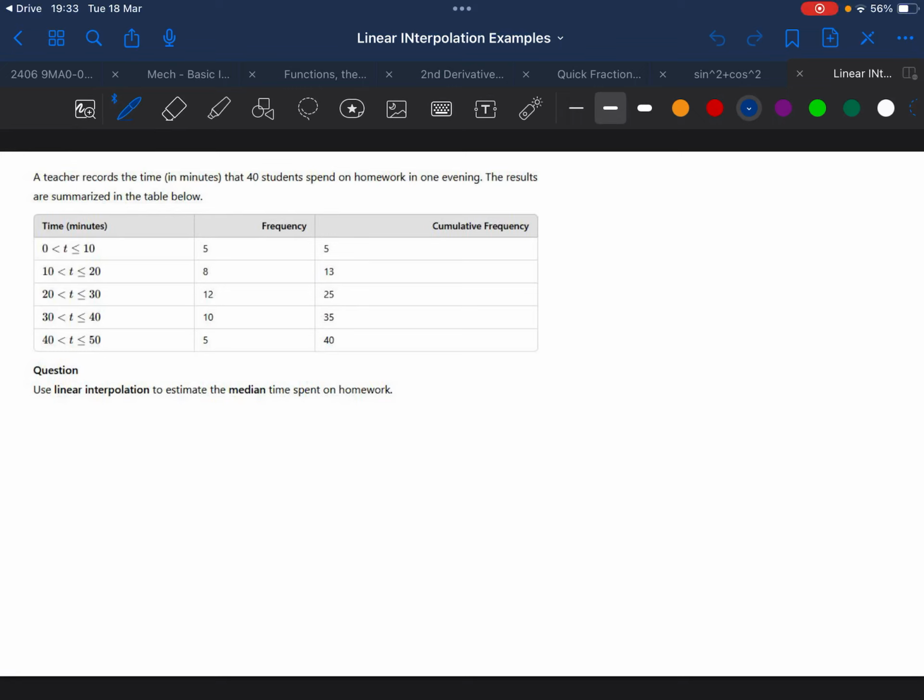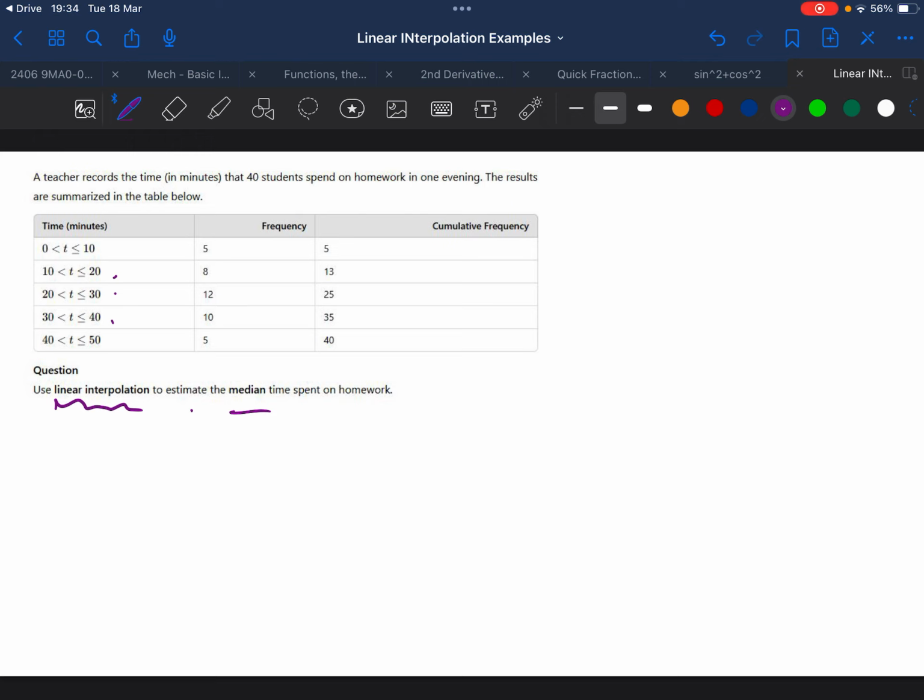Okay, we're going to look at the skill of linear interpolation for stats. So what does linear interpolation do? Well, it gives you a very good estimation of things like the median and quartiles and so on. So the way we're going to do it with grouped data